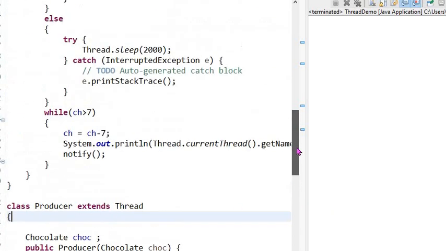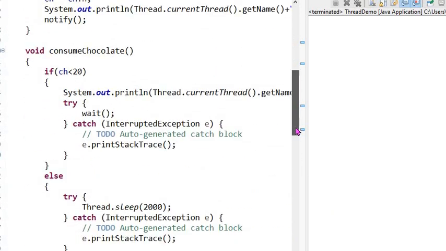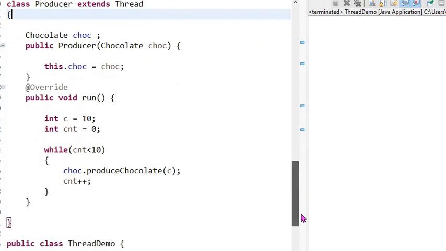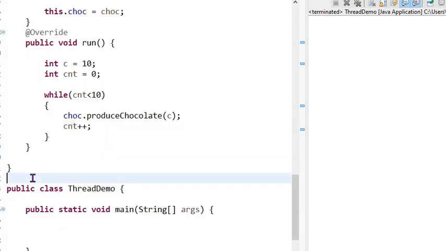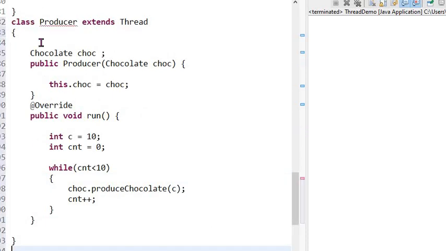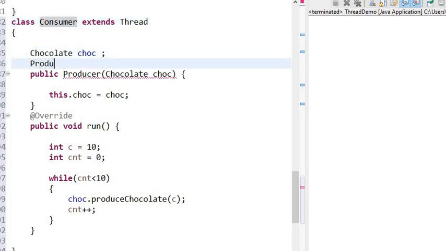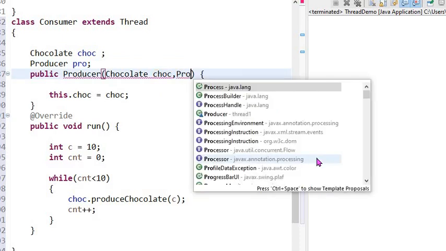We will now, this was our chocolate class, this is our producer class, and now we will create our next class, that is the consumer class. So this will be your consumer class which will be doing the same thing now. This consumer class will take